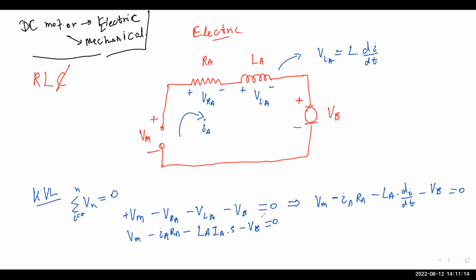Now what is important here is that in our case we are actually looking at the current, right? We are looking at IA, the current. So we can isolate the current. I have to be consistent with my notation, right? So I will get VM and VB out here, and I can write this part on the other side, right? So I can write IA and RA here. I will take IA out and write this directly. So there's going to be RA